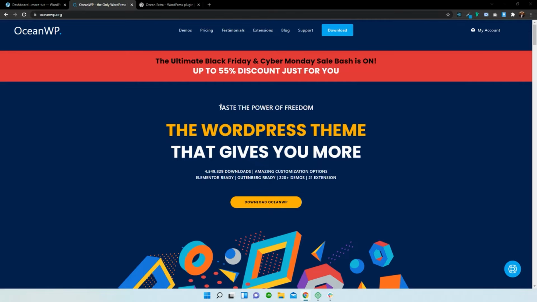So just for a demonstration, if you look at the OceanWP menu over here, the navigation bar, you can see upon hovering over demos, two extra options drop down, as well as under extensions and support, as well as my account. So in order for us to do this, what we need to do is head over